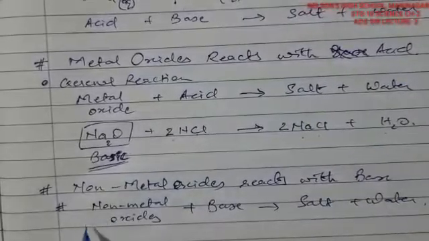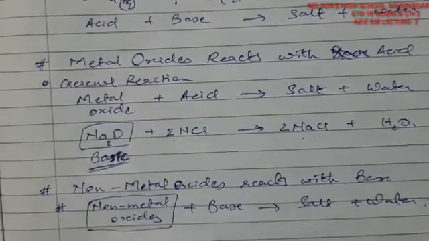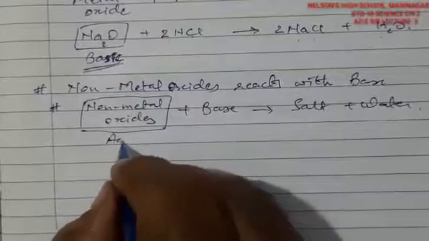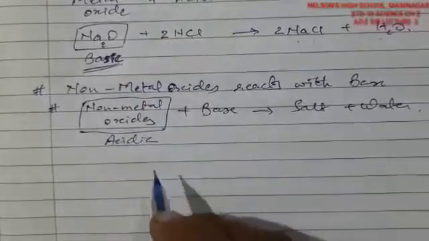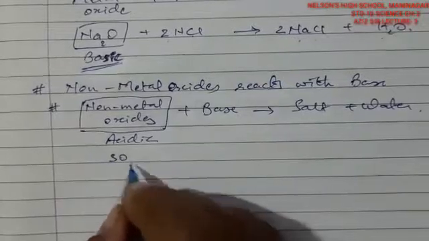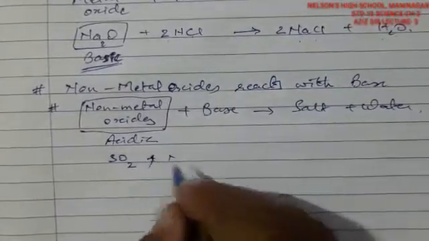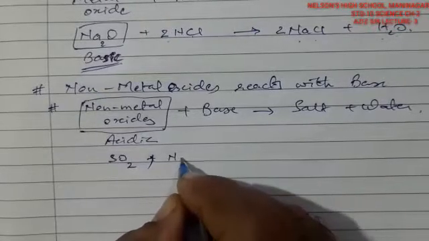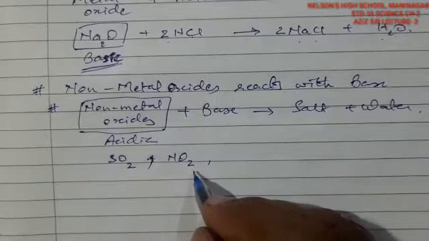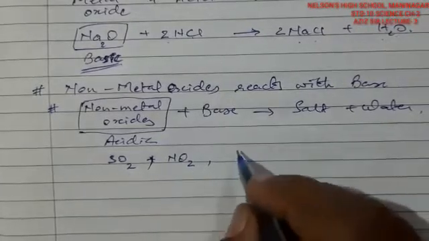Here also it shows that the non-metal oxide must be acidic by its nature. This must be acidic by its nature. So yes, we will take some examples of non-metal oxides. Sulfur is a non-metal, so sulfur dioxide is acidic by its nature. Nitrogen is a non-metal, so nitrogen oxide NO2 is again a non-metal oxide which is acidic by its nature, forming nitric acid. This is forming sulfuric acid. Fine.